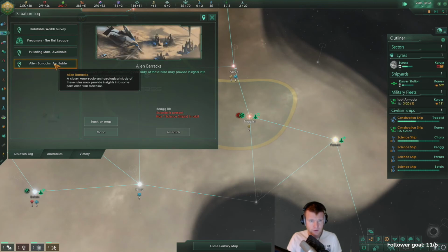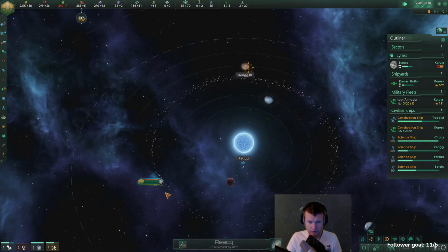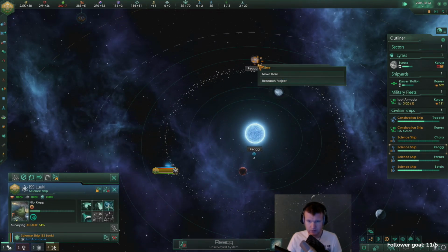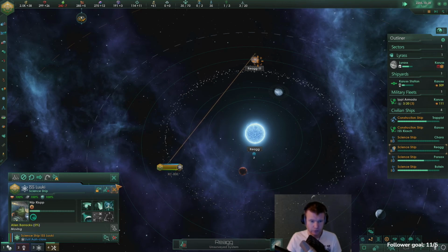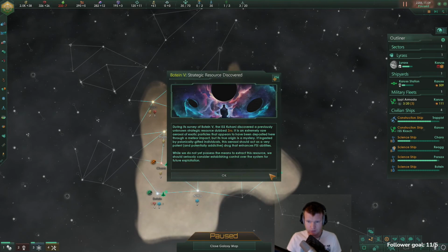We'll go with that. So this one or this one. We'll go to here. This guy. Can you maybe research this first before we proceed? And then maybe...